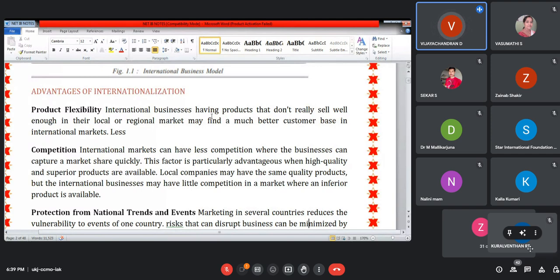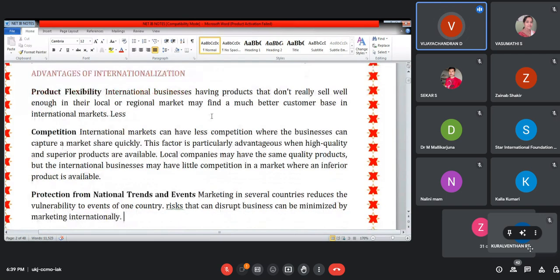You can even control the TV with voice control. I'm not talking about Alexa; there are some TV models in which you can control the TV through your voice, so those facilities are available. Those things are possible only with the help of international trade. That is what I'm saying, the flexibility of the product. The customer gets a variety of products with different features, different facilities, advanced facilities. Those things are possible only with the help of international trade.